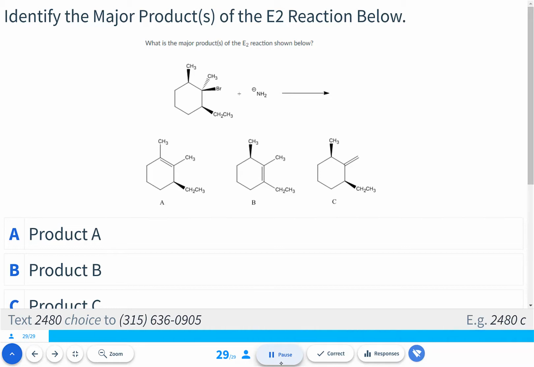So I was just looking at this one as more stable because it has that double bond between the, I don't know, the only difference is that bigger is to the